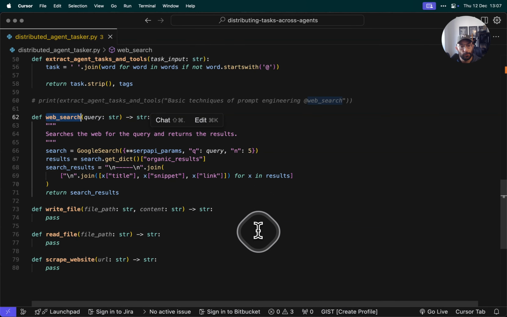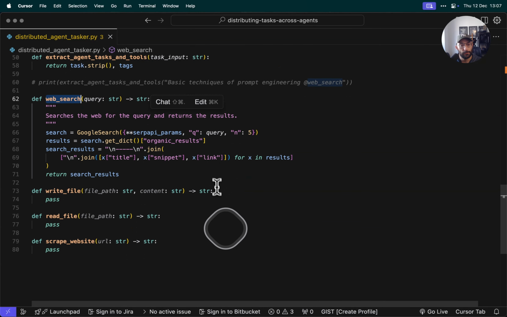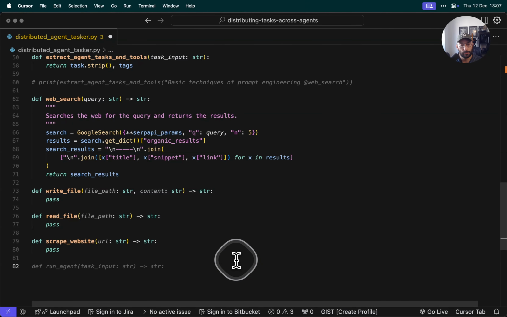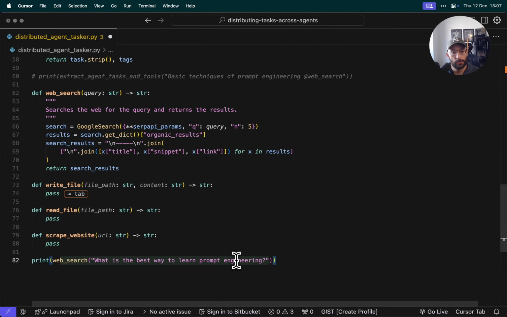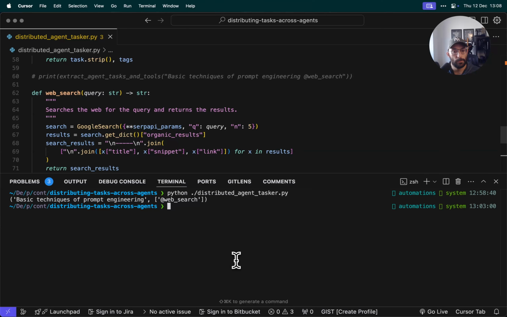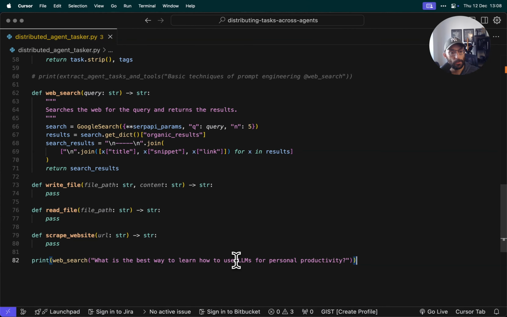And now, folks, for you to get a sense of what this web search function does, let's test it out. So we're gonna write here, print web search. What's the best way to learn how to use LLMs for personal productivity, something like that, right? So we're gonna write that, we're gonna come over here, we're gonna run this, and we got a result issue